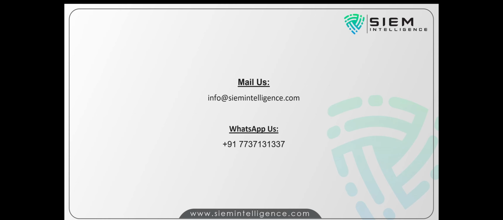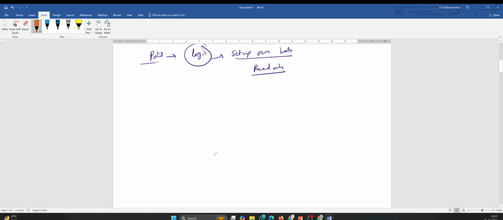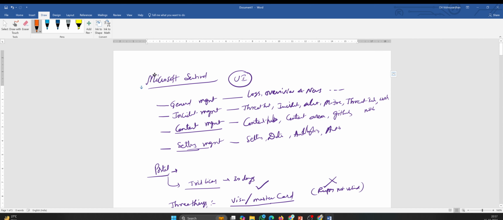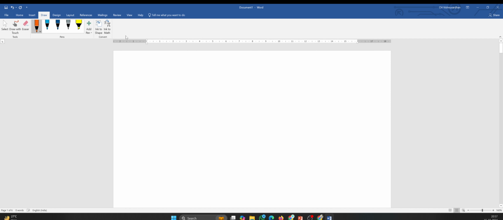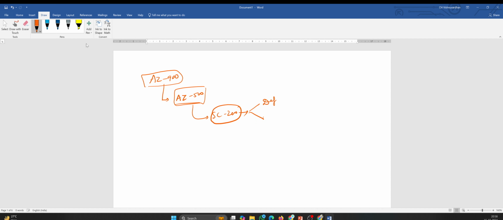If you see the certificate structure for Azure security, we need to start with Azure 900, the standard certification giving a basic understanding of Azure. You must have AZ-900 at least first. Then there is AZ-500, Microsoft Security Solution Expert. Then you achieve SC-200, Microsoft Security Analyst, which includes both Defender as well as Sentinel. The Defender solution and the Sentinel solution are separate.